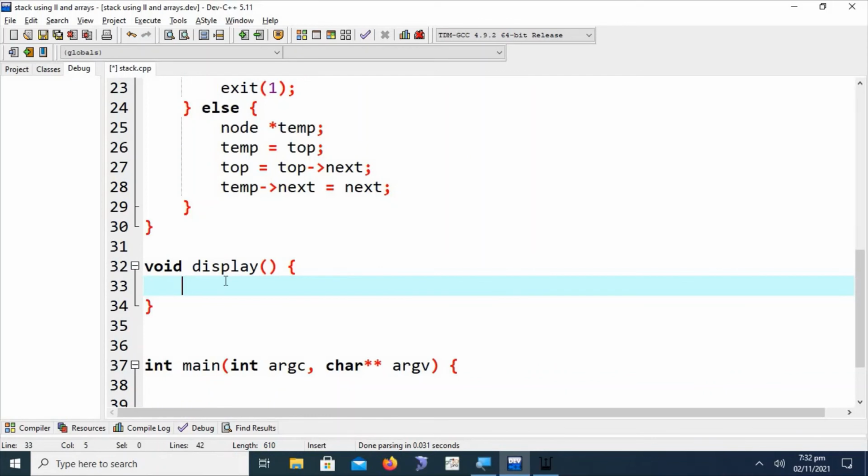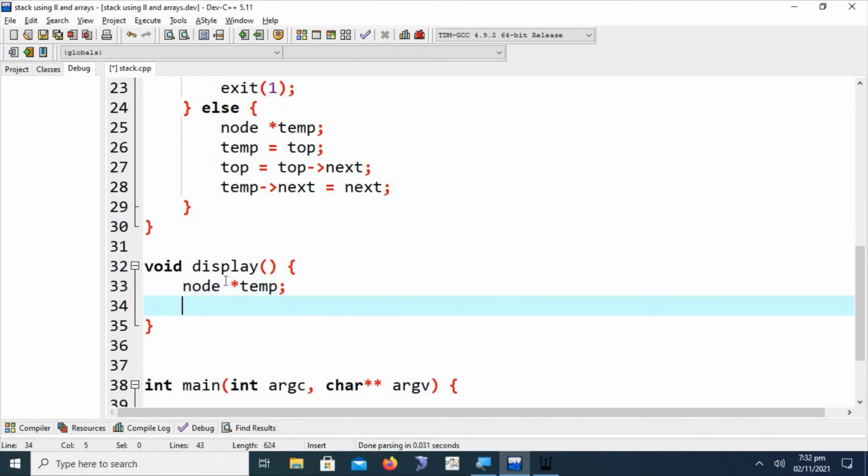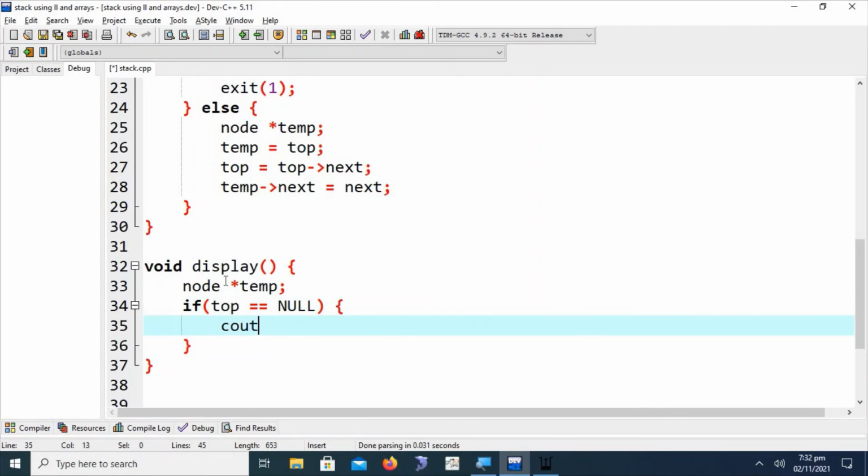We can write struct node temp here. Similar things are going on here. If top is equal to null, we can say cout stack is empty.